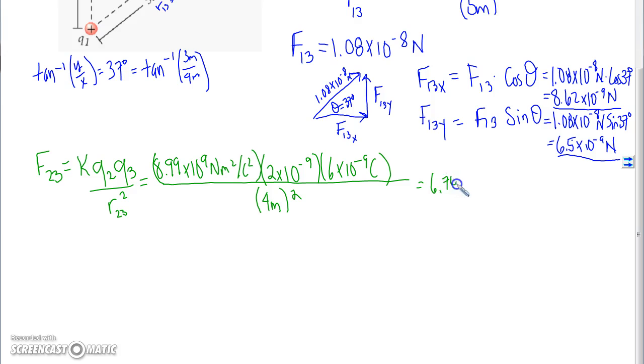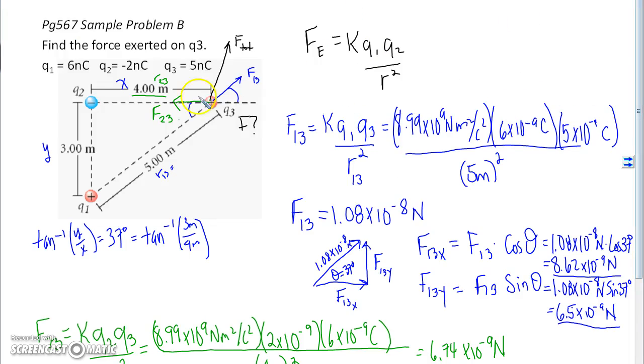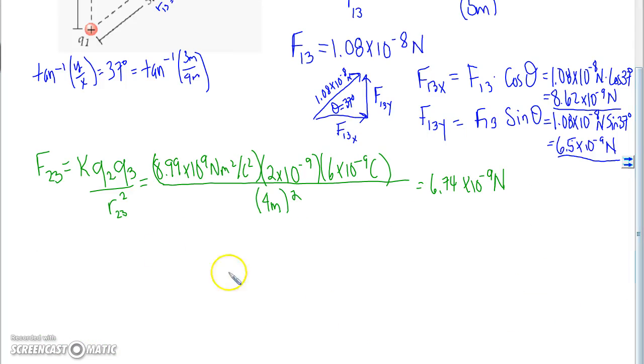.74 times 10 to the negative 9th newtons. Now what I just solved for, by the way, if you look at this diagram up here, is the magnitude of this arrow. And this problem is really nice because we don't have an angle with this. This goes straight to the left, which means I don't need to do any sort of trig because I don't have a triangle. So what F23 is, if I look at the x and y components,